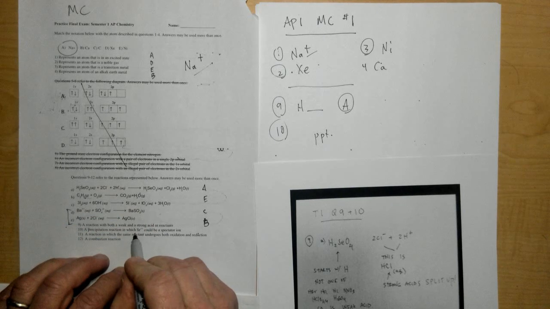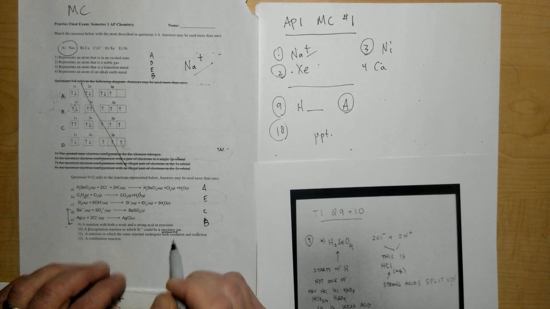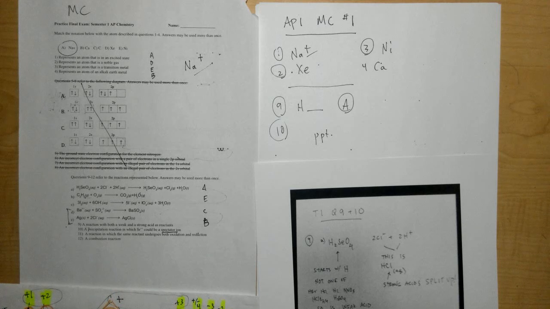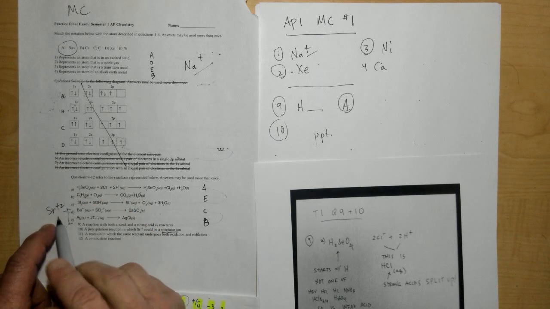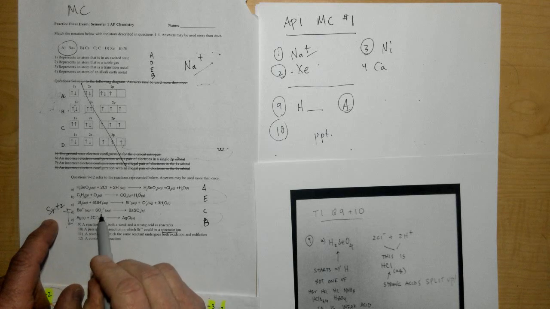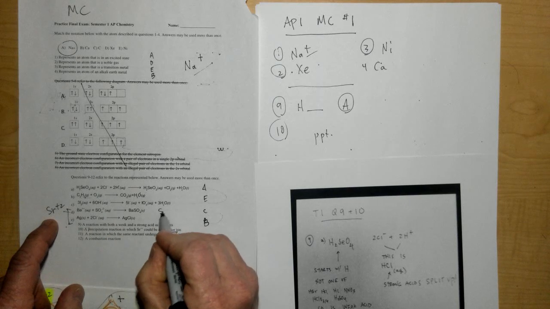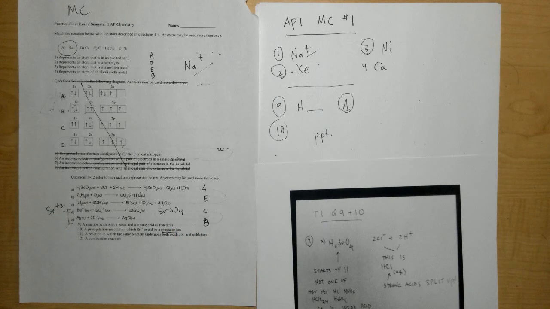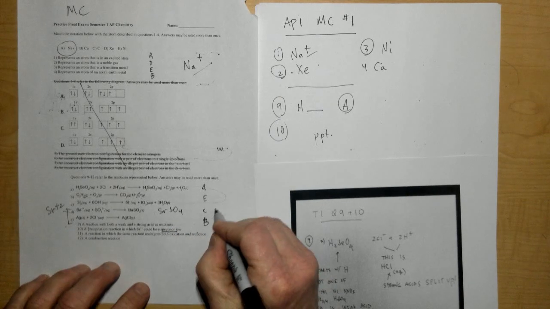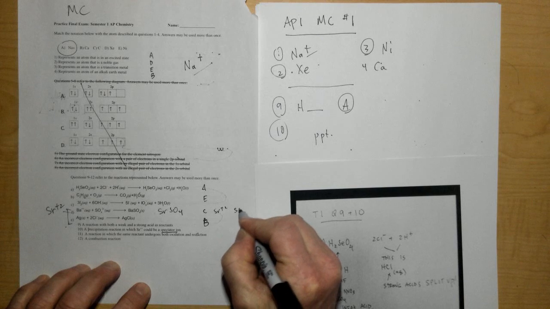And then it tells us Sr+2 could be a spectator ion. So a spectator ion means one that's not going to react or form a solid with something else. And so in letter D, if we put strontium +2 in there, the positive would react with the negative right here, and we would form some strontium sulfate. Now, that would be okay if strontium sulfate were soluble, and it would form Sr+2 and SO4 2-